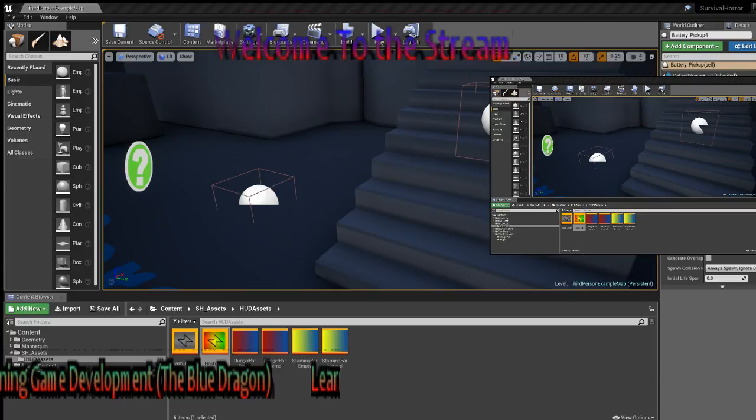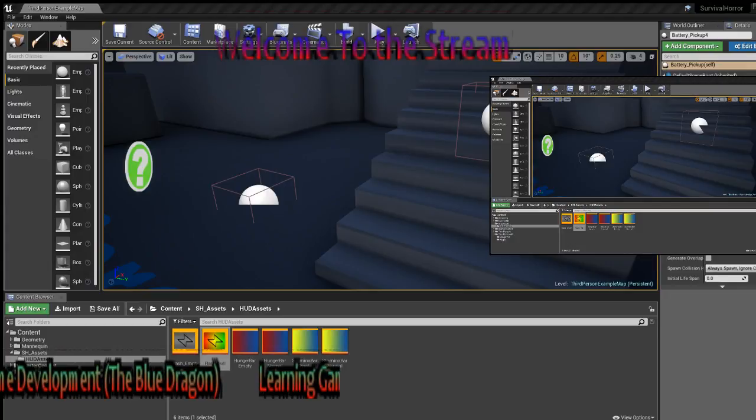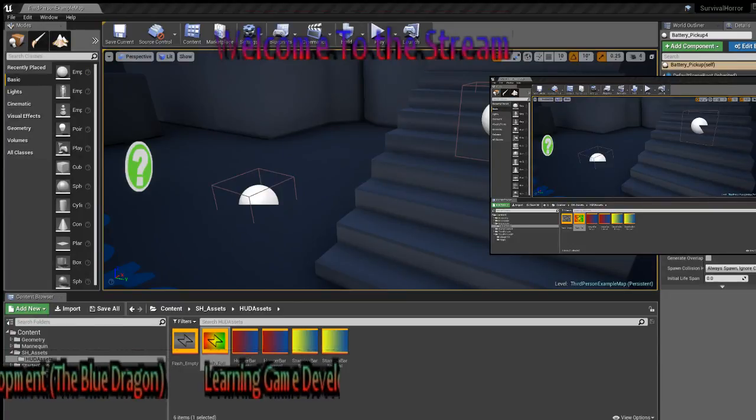And I'm also going to show you how we can set up some of the functionality behind it. So we're going to be setting up the different slots in our inventory. So this is going to be a 5-slot system. If you want to, you can do more, but I'm going to show you how to